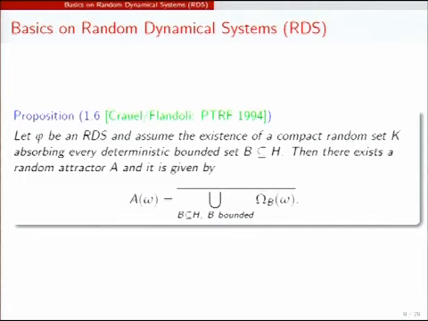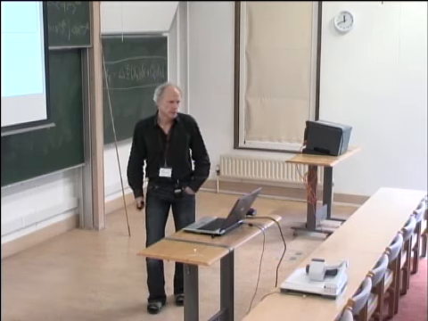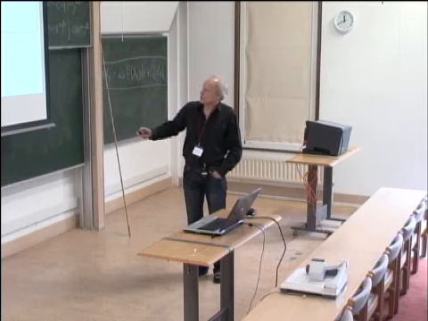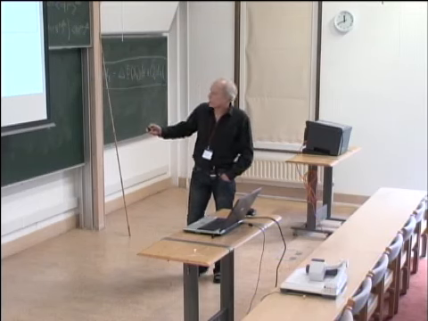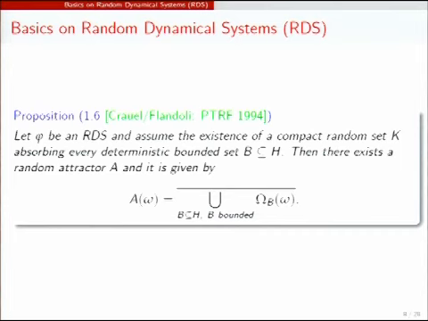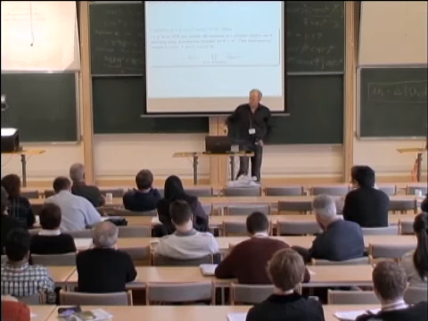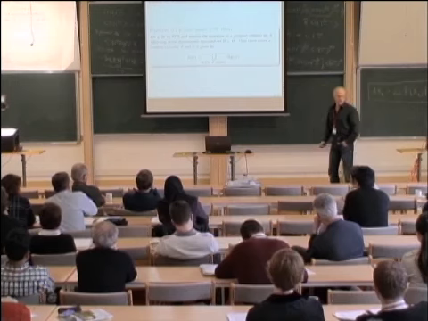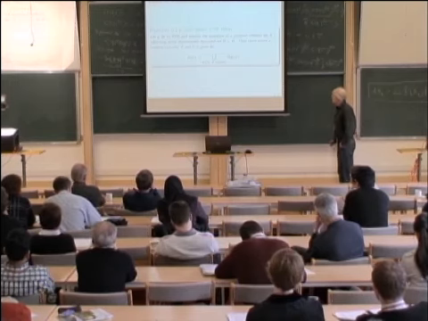So you have a random dynamical system, and assume you can find a compact set which absorbs every bounded set B. Yeah? So absorbing every bounded set. That's enough to make sure that this omega limit set, when you take the union of all bounded sets, really is a random attractor and is compact. So that's the sort of the thing you would write down as the random attractor, exactly this. Remember? You look what you get at 0 if you go very far back for every bounded set. And then you take this union of all those, so this attracts any guy from the past which is bounded. So that's a really very intuitive way of understanding what is a random attractor.